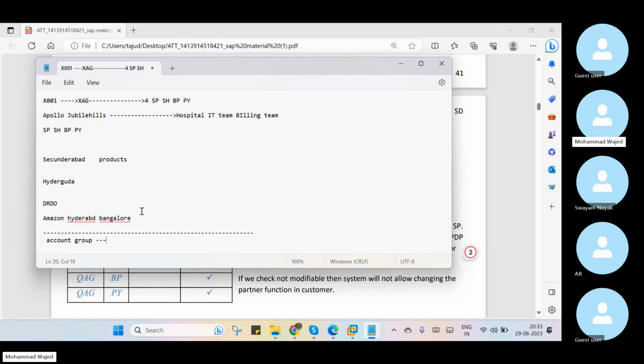First we need to create another account group. The standard account group is 0001, which is SAP provided. So what we will do, we will create our own, X002. And after that we have to assign the partner determination procedure, where only one partner function will be there,